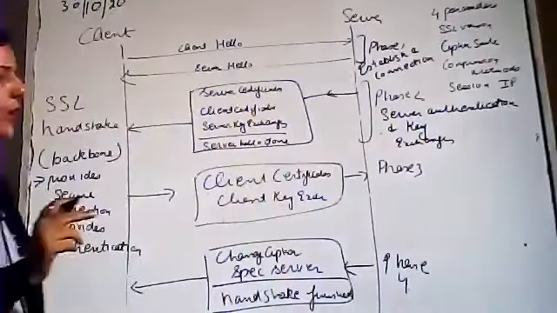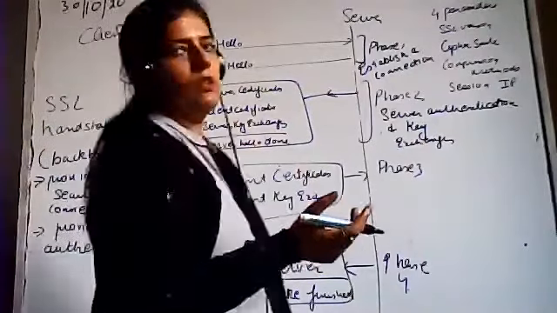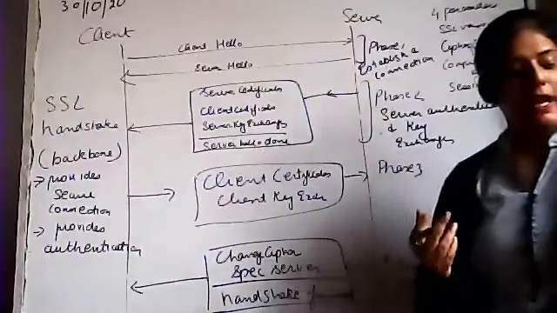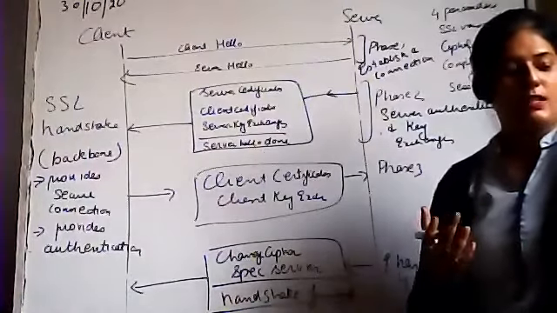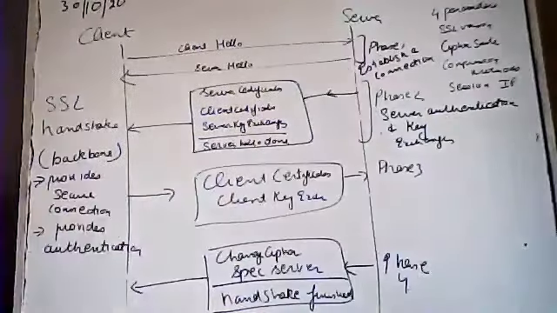Now here what will happen, server will authenticate itself. So first of all, your server will give the authentication to the client, and at that particular time the client will not say anything. Okay, so at this particular time the client will keep quiet and the server will authenticate itself to its client by providing all those necessary details. Okay, by providing the certificate to the client, then the server requests the client to authenticate itself also.